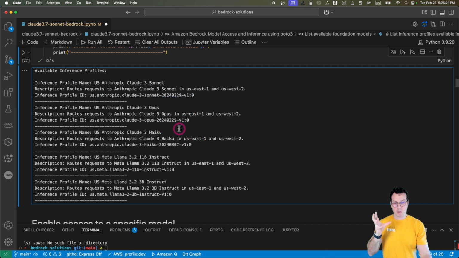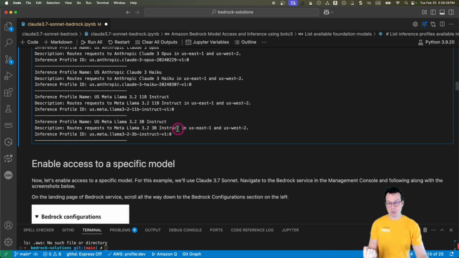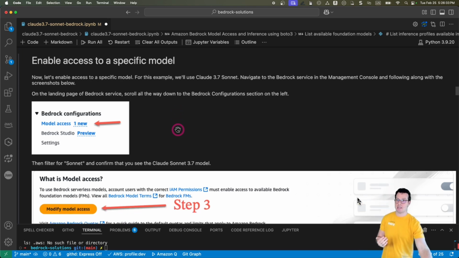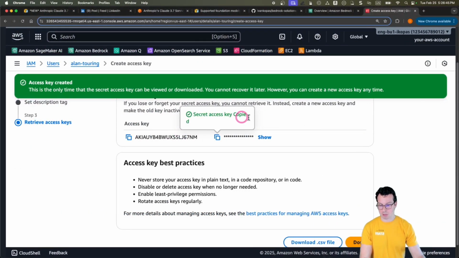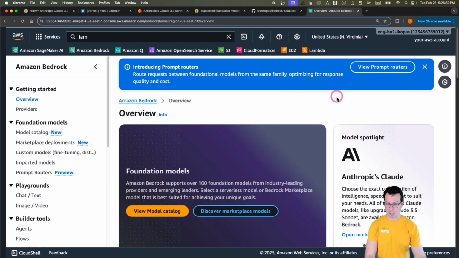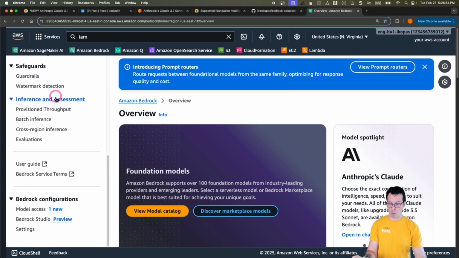So at this point in time, we want to make sure that for this model that we plan to use, we have access to it. And I included a set of screenshots here. If you haven't done this before, it's very easy and quick. It takes just a few steps to complete, and it's done through the management console. So let's briefly take a look at how we can accomplish that. I'm going to navigate back to the management console, and this time around, we're not going to need this user anymore. I'm going to close this, and in the Bedrock service, navigate all the way down to the